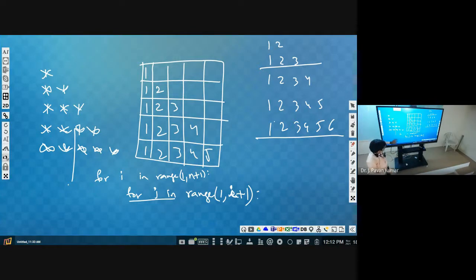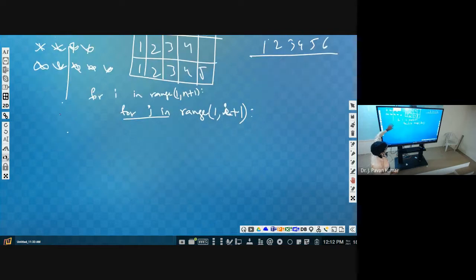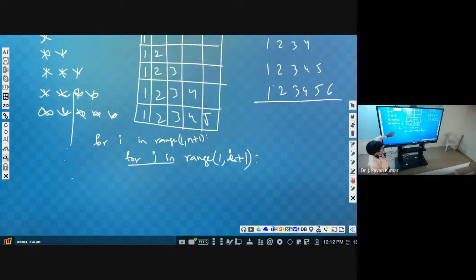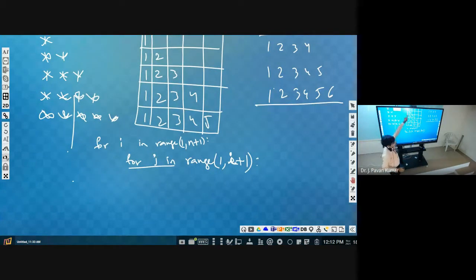Okay. Now we have to print what? We have to print the j value, isn't it? Why? Because the j value is starting from 1 always, and it is going up to I. So we have to print the j value, and we don't want to end with a new line, which is the default.